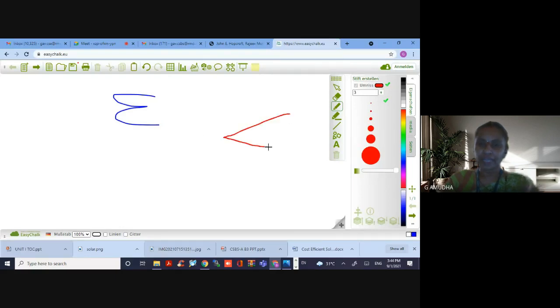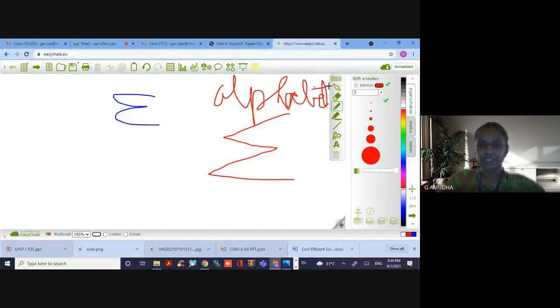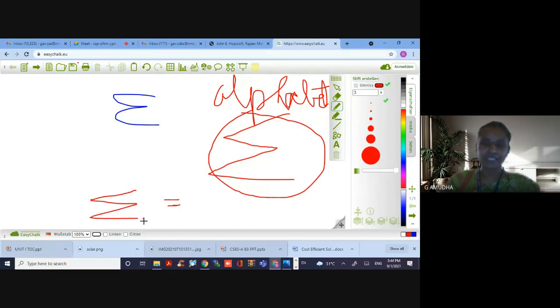For alphabet, the indication is like this. When I represent any alphabet, you have to write sigma. Suppose it is 0, 1, then it is a binary alphabet, which is going to have a symbol that can be either 0 or 1.